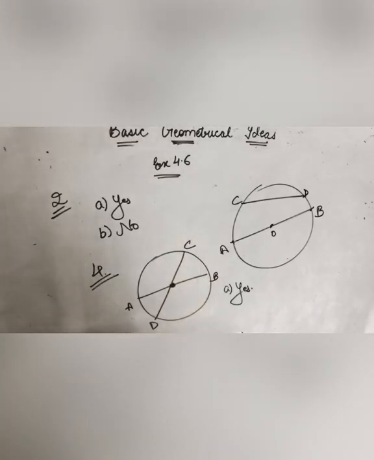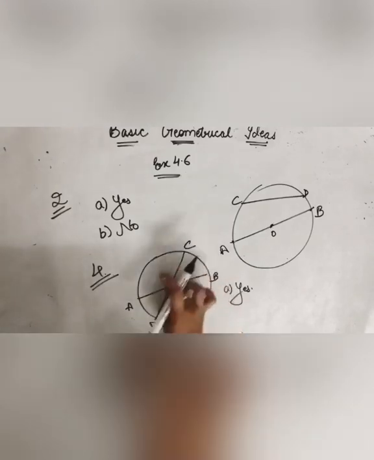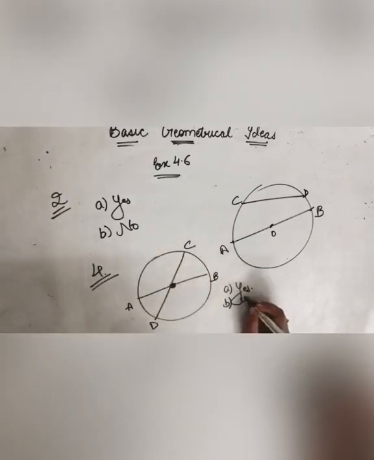B part, the center of a circle is always in its interior. True. The center of the circle will always lie in the interior of the circle. So answer is